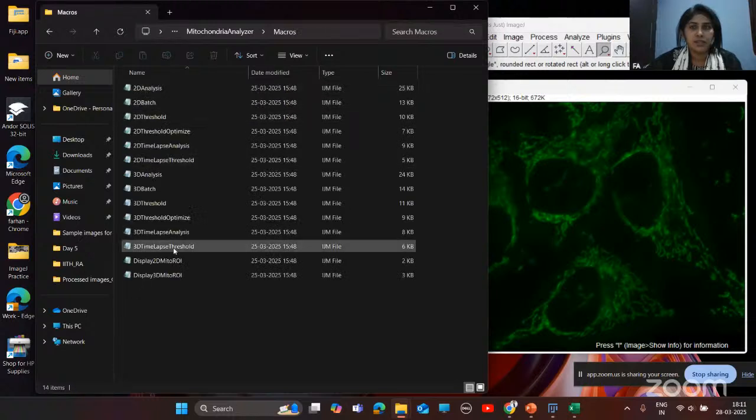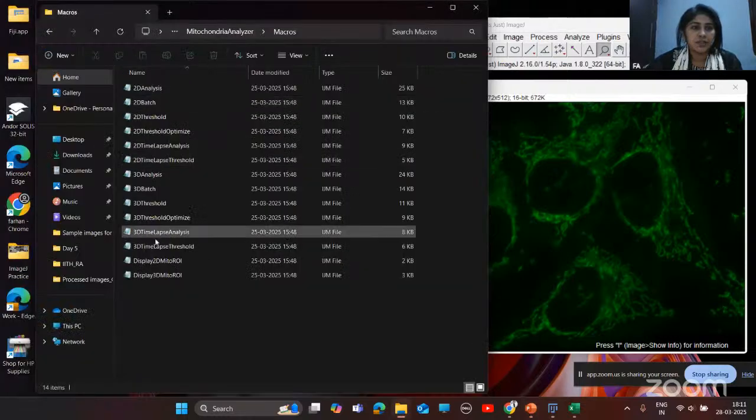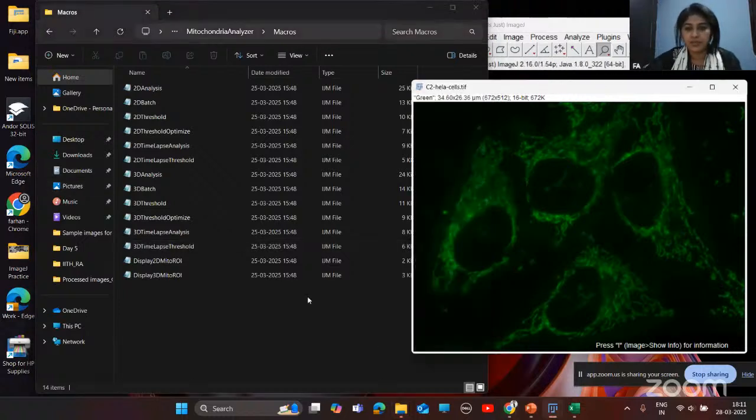Here you have all the options which are present in those plugins. From here you can use these codes directly. Next we'll see how you can use this.